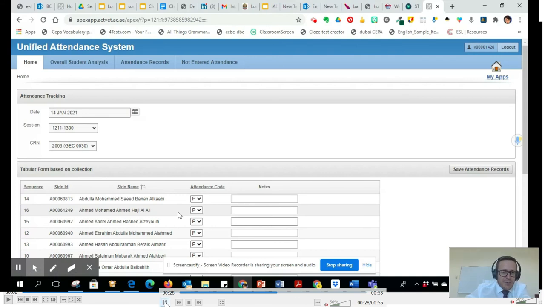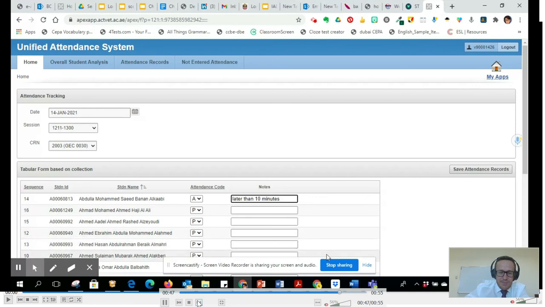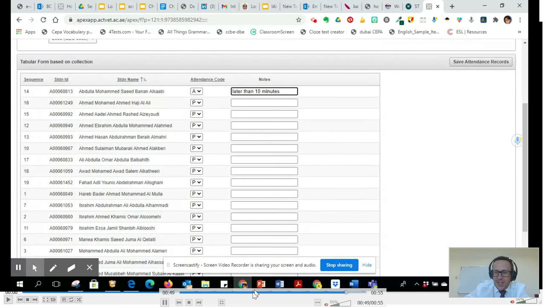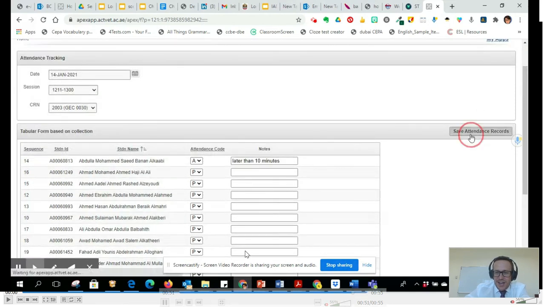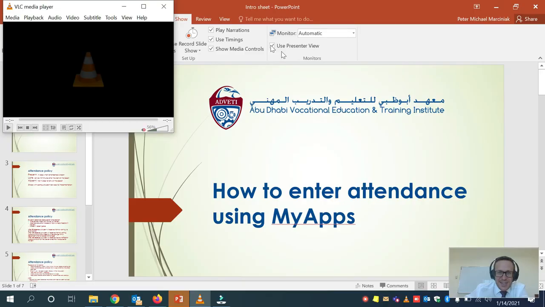So in this example, we're just going to change one student to A, and we're going to add a note just in case as backup. You don't need to do it for all things, but if you think it might be important, for example, if a student left the class for 10 minutes, then you could add a note. And then when you finish, just check and click on Save Attendance Records. It says here attendance record saved,